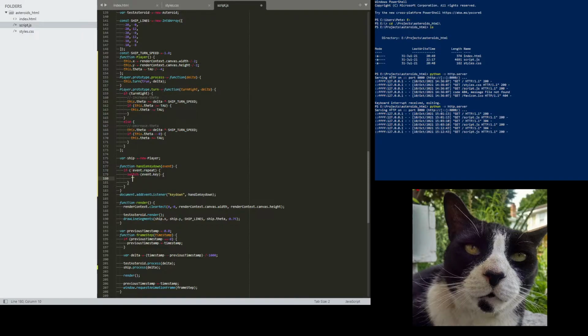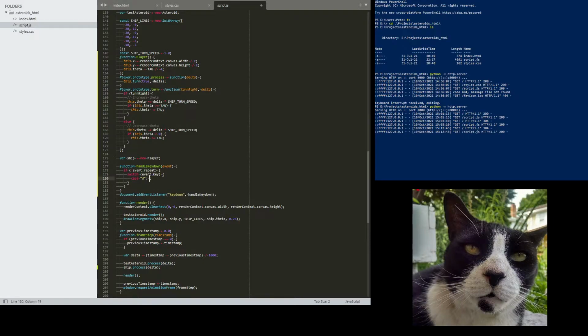So we can just say, if our event key... I'm going to go a step further actually, and say to lowercase so that, or no, you know what? We're going to assume that you don't have the shift key or caps lock enabled. And I'm just going to implement some WASD controls. So let's say that D, I think we have to do case, yeah. Case D, now